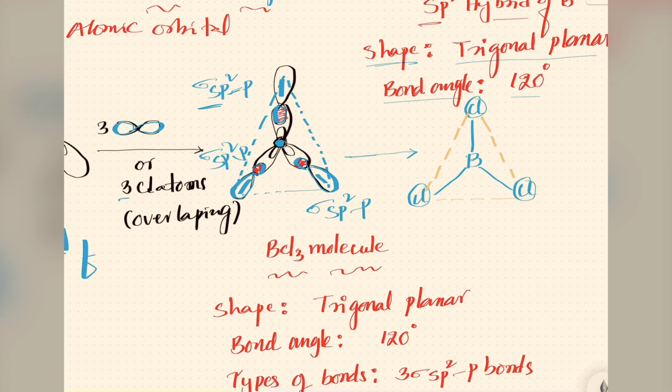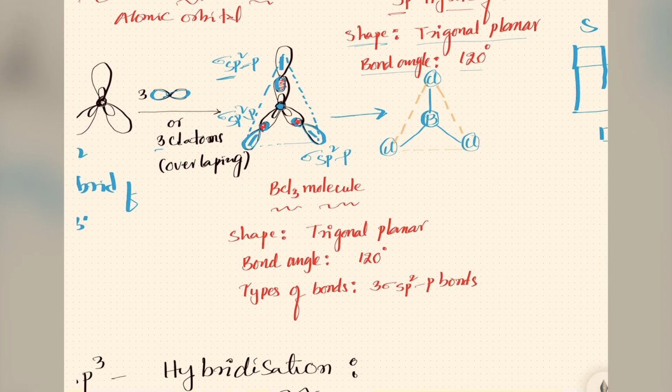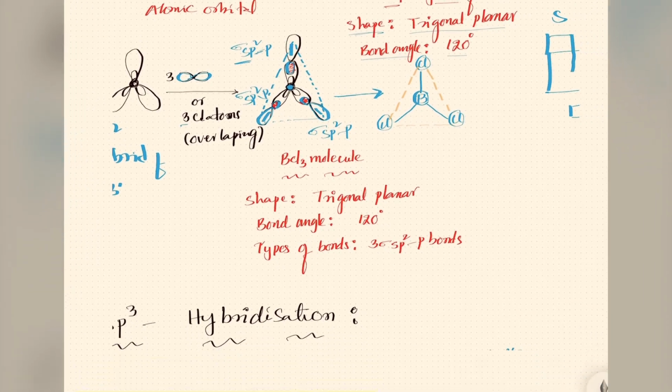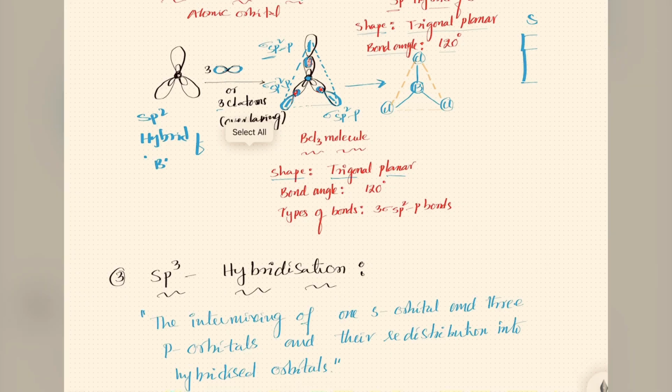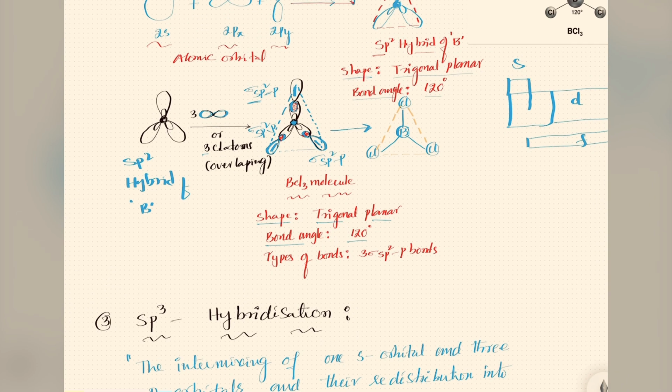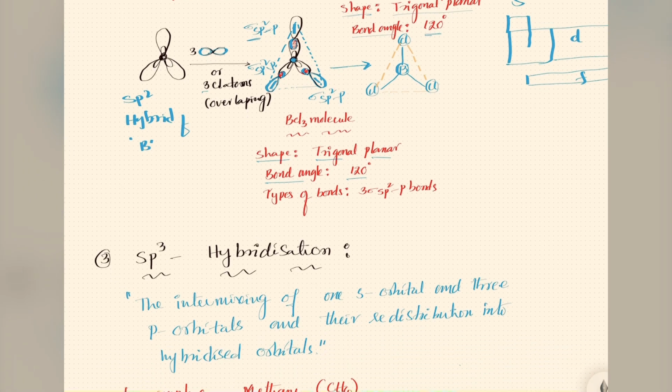So this molecule without orbitals, we can write simply: the central one is boron, and the remaining 3 are chlorines. So this is the complete structure of this molecule. The shape of this molecule is again not changed, trigonal planar, and the hybrid is also trigonal planar, and as it is, we have here bond angle also 120 degrees. In the hybrid also 120 degrees.